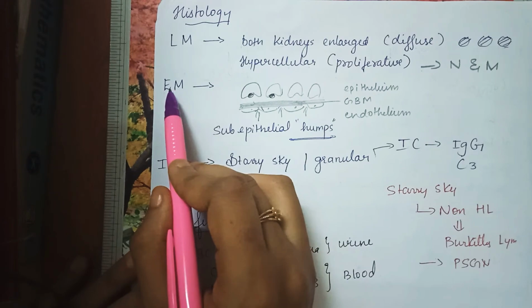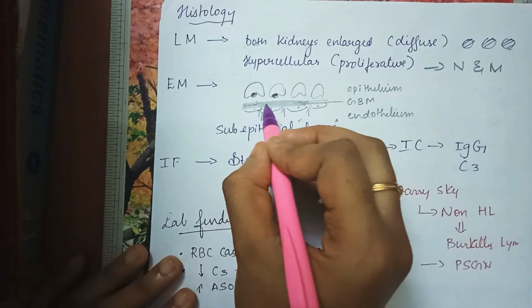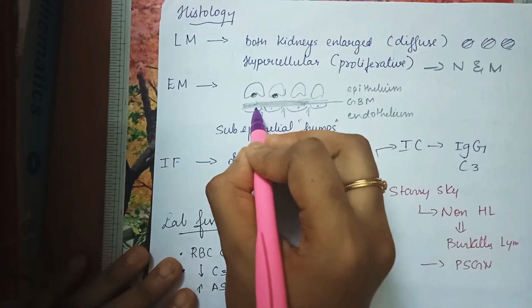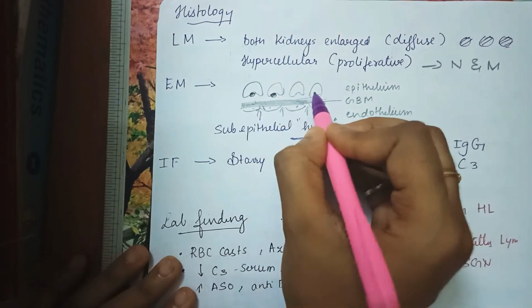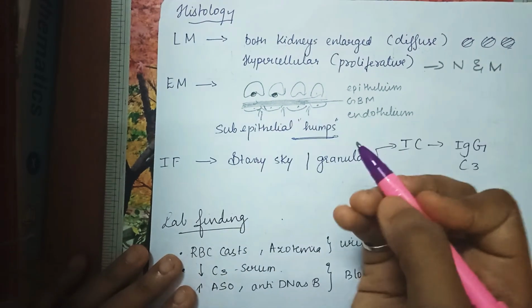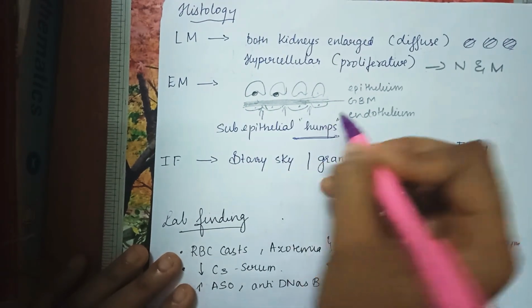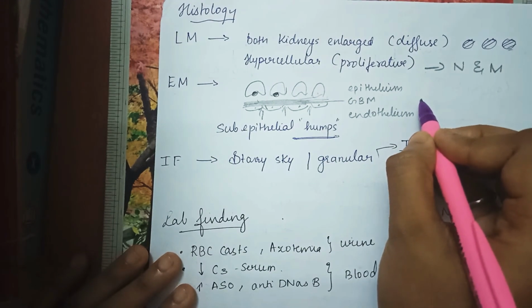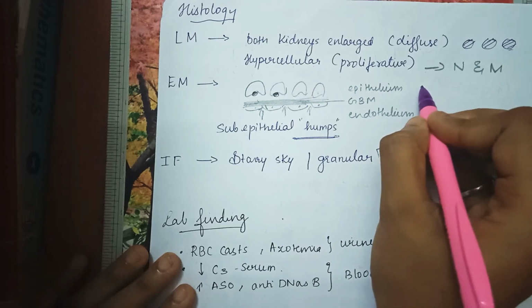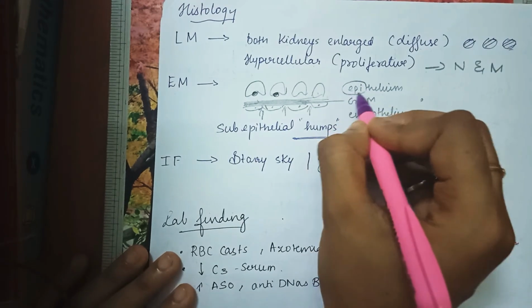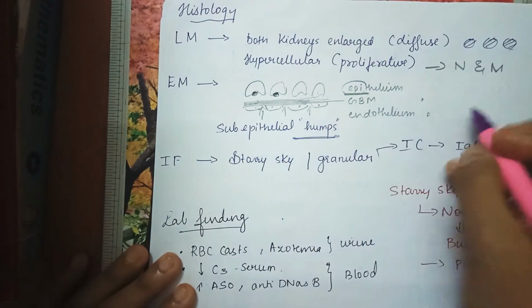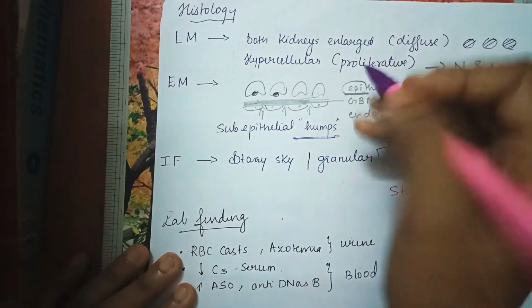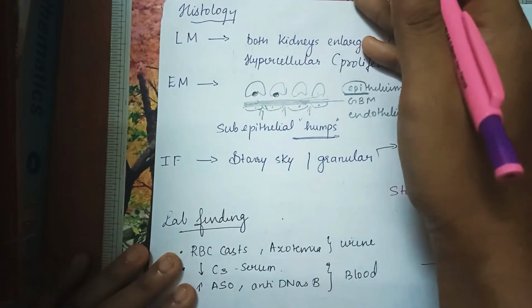When I say electron microscopy, just try to understand, this is nothing but the glomerular basement membrane. This is endothelium, this is epithelium. I have explained this. So basically, first there will be immune complex deposition in the endothelium. Then it will go to the glomerular basement membrane. Then it comes and settles in the epithelium. So it is mainly seen in the epithelium. And just for basics, after that what happens is this complex goes off.